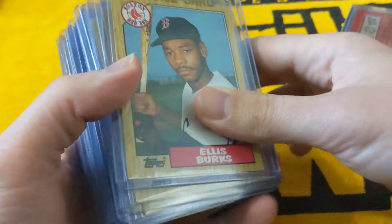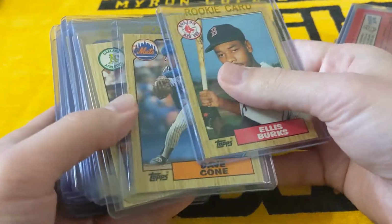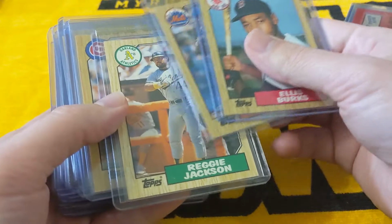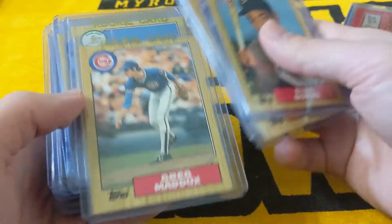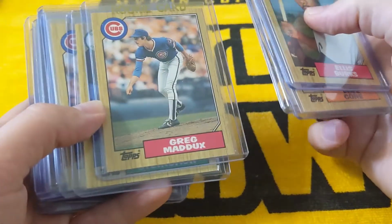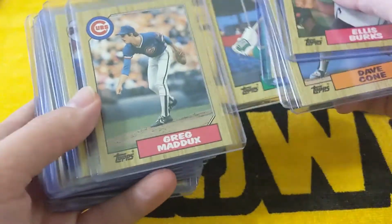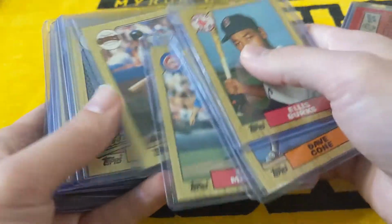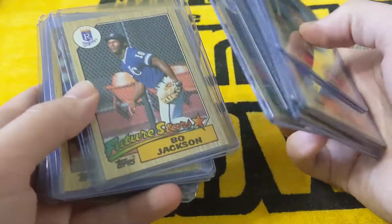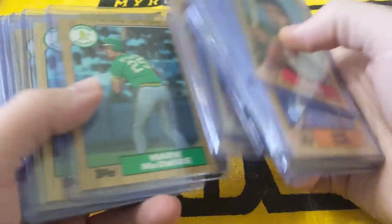Now we got 87 Topps. Ellis Burks, Dave Coe, Reggie Jackson, Greg Maddux. Greg Maddux's card's been doing really well, even after his rookie season. Terry Steinbach, another Maddux, Matt Williams, the Bo Jackson, Barry Bonds, Mark McGwire,